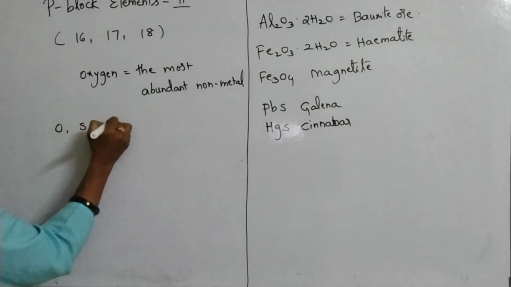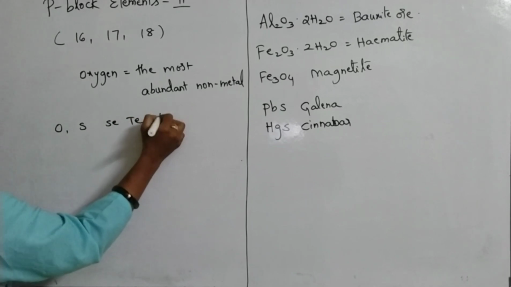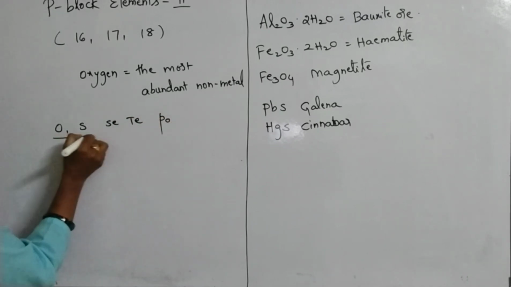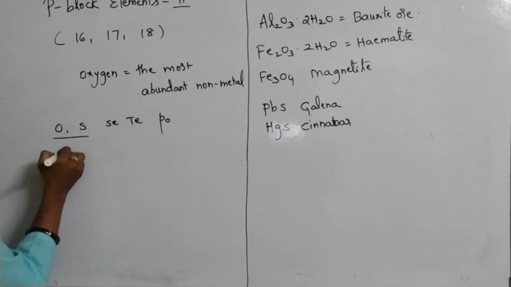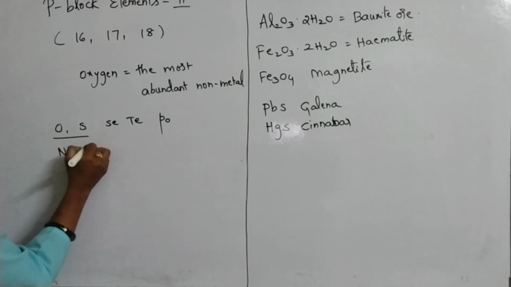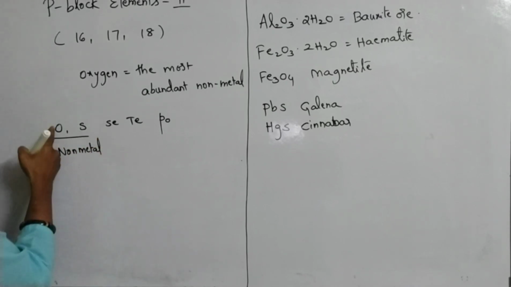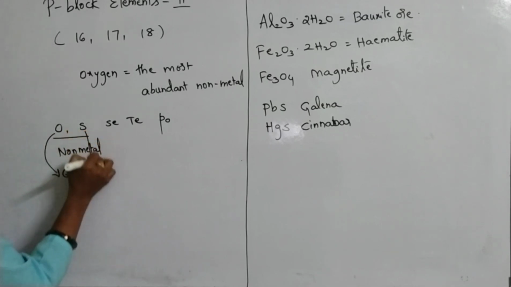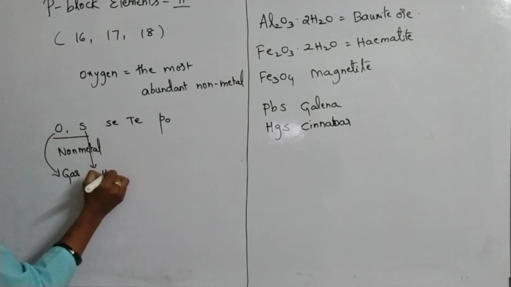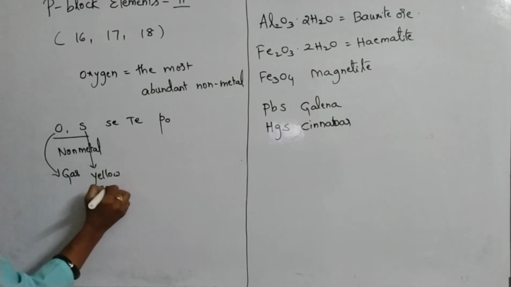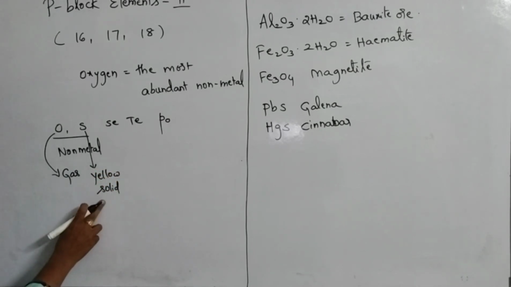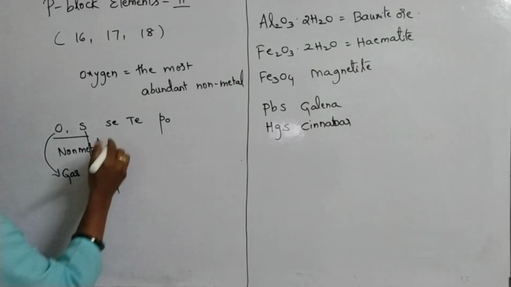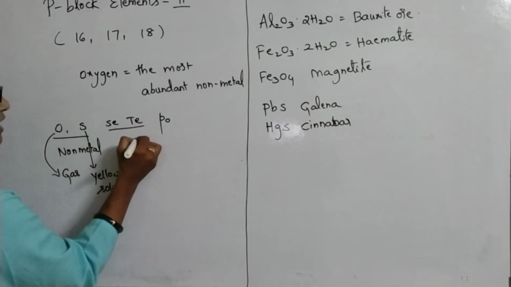The elements here are oxygen, sulfur, selenium, tellurium and polonium. Oxygen and sulfur are non-metals. In that, oxygen is a gas, whereas sulfur is a yellow colored solid substance which appears in the form of powder. And then selenium and tellurium are